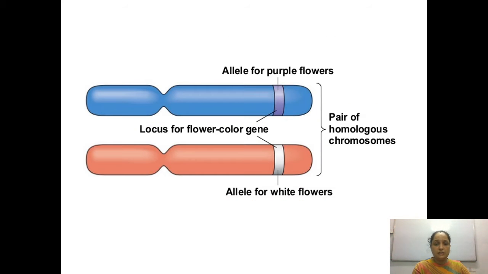Here is the example of allele. Here you are able to see this is an allele for purple flower, and on the same location there is an allele for white flower. So it is having particular alleles, the sort of contrasting character. It is a pair of homologous chromosomes, but they are having different characters because they have alleles for a particular gene. This one is an allele, this one is another allele, but they are alleles for a particular gene, that is color of a flower. This one is the location where they are, so that is why it is known as the locus